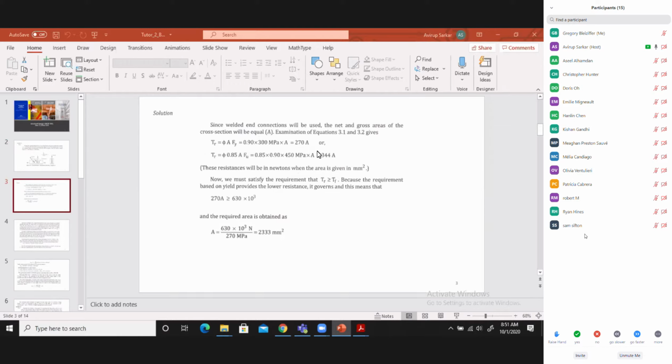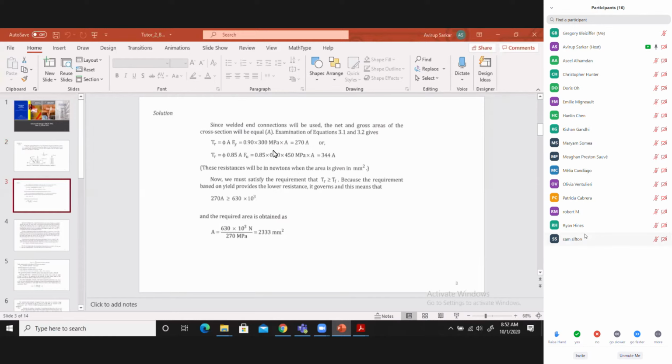Okay, and here as the area is unknown, so for an initial estimate of how we should choose the area of the cross section from the handbook, we calculate the capacity in terms of area, keeping area as unknown. Okay, and then we compare that capacity in terms of this area with the factored force which is going to act, and by that way we can get an estimate value of what should be the area if the capacity is equal to the factored force which is going to act on the cross section.